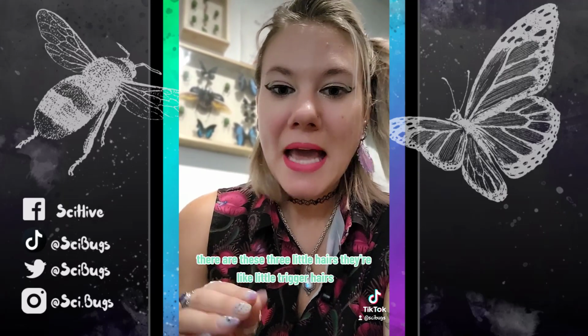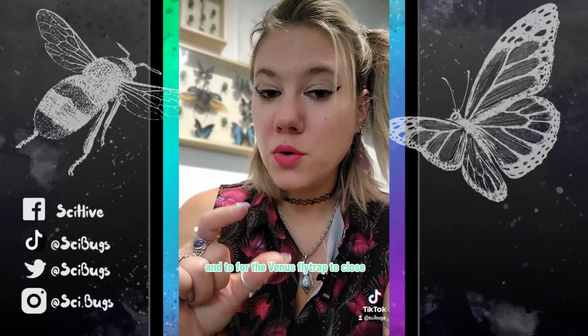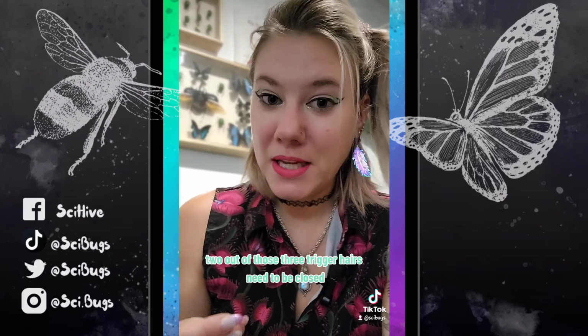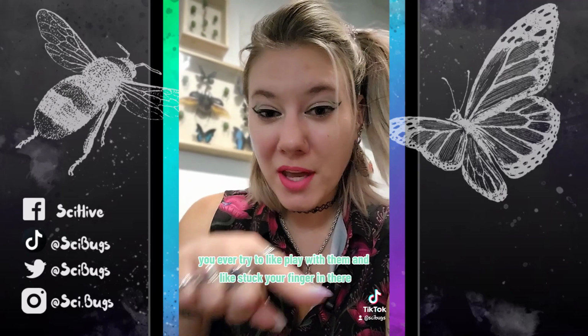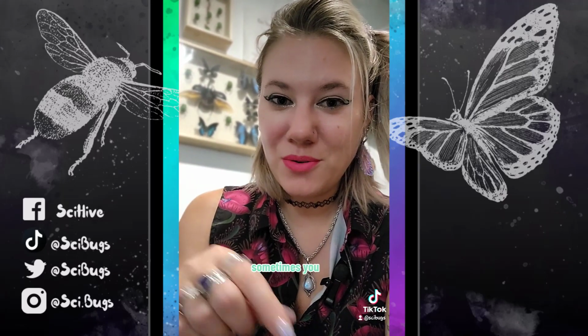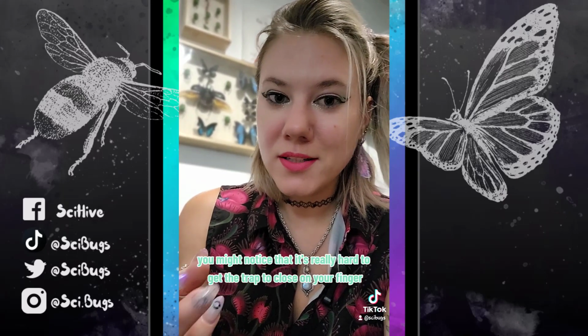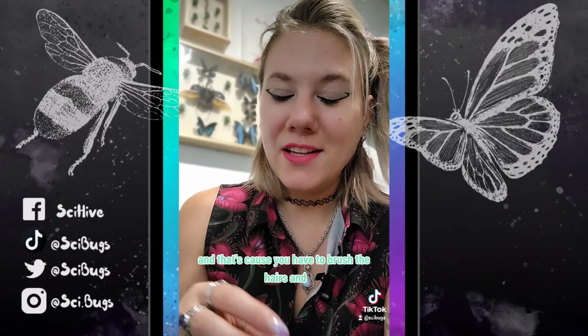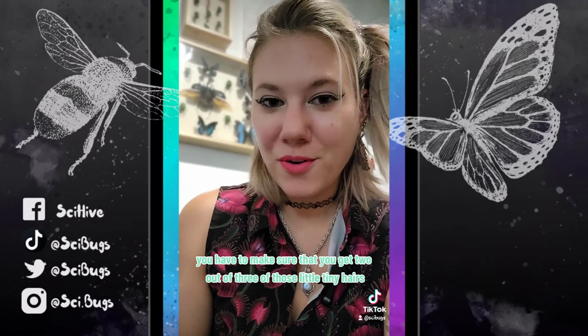They're like little trigger hairs. And for the Venus flytrap to close, 2 out of those 3 trigger hairs need to be triggered. If you've ever tried to play with them and stuck your finger in there, sometimes you might notice that it's really hard to get the trap to close on your finger, and that's because you have to brush the hairs, and you have to make sure that you get 2 out of 3 of those little tiny hairs,